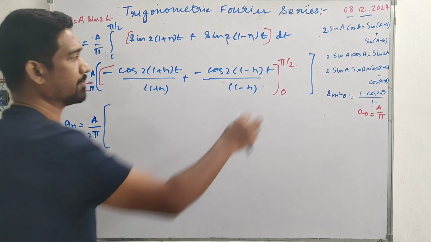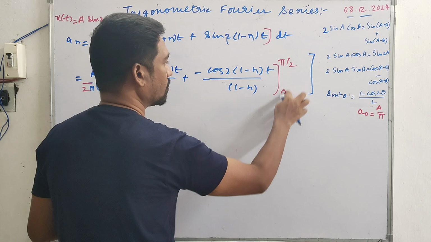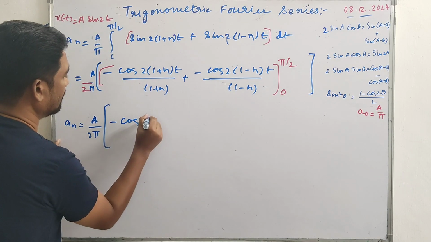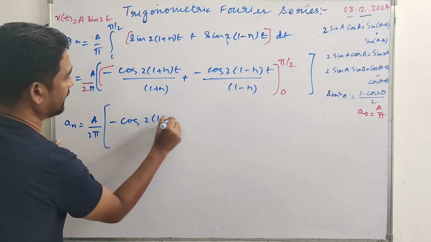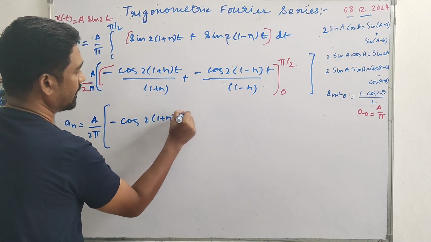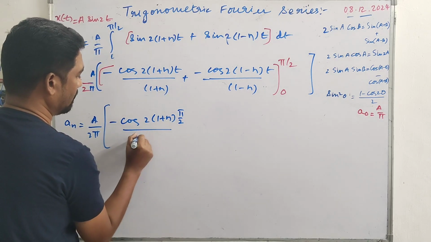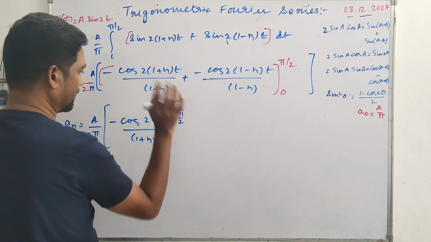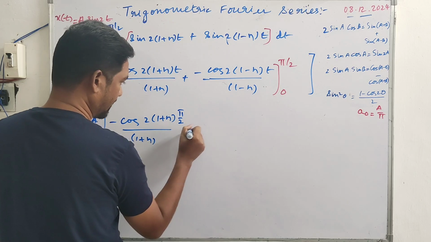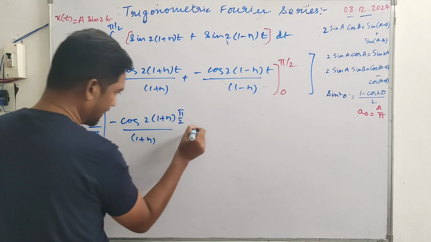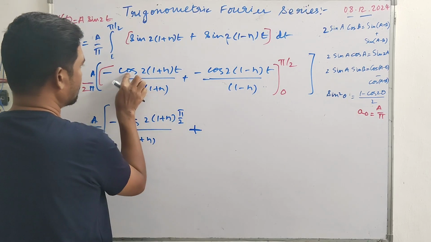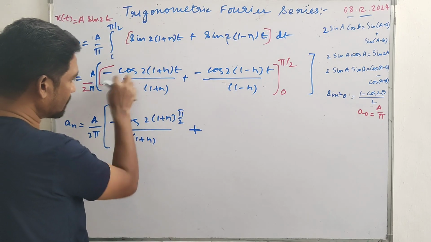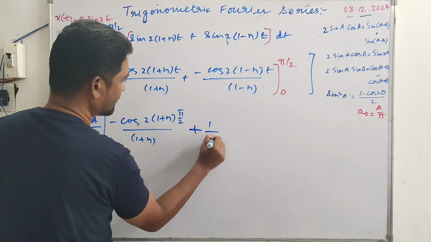Plugging in the limits, 0 to pi by 2 for this one. Let's see what happens. Minus cos 2 into 1 plus n, t, in the place of t we have pi by 2 by 1 plus n for the first upper limit. Alright, minus lower limit, isn't it? Minus, and we already have this minus, that becomes plus, and cos 0 comes over here at 0, this becomes 0, cos 0, it's a 1 by 1 plus n for